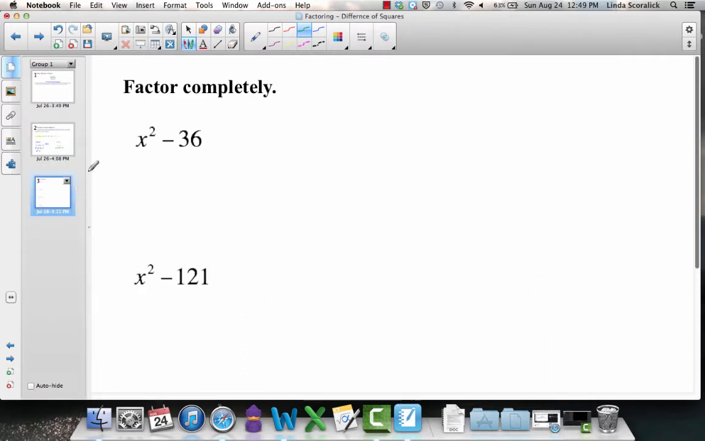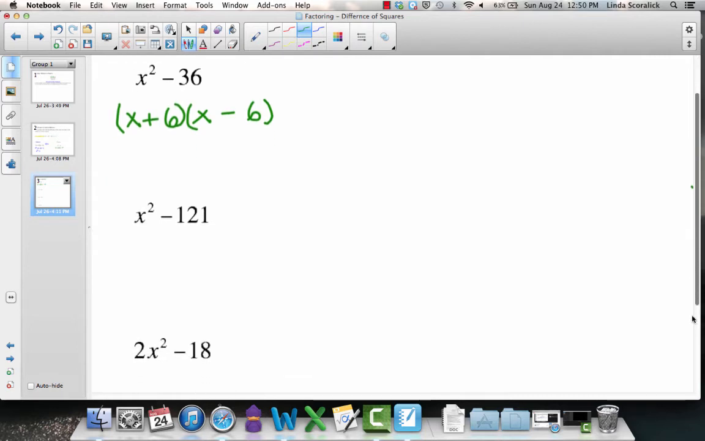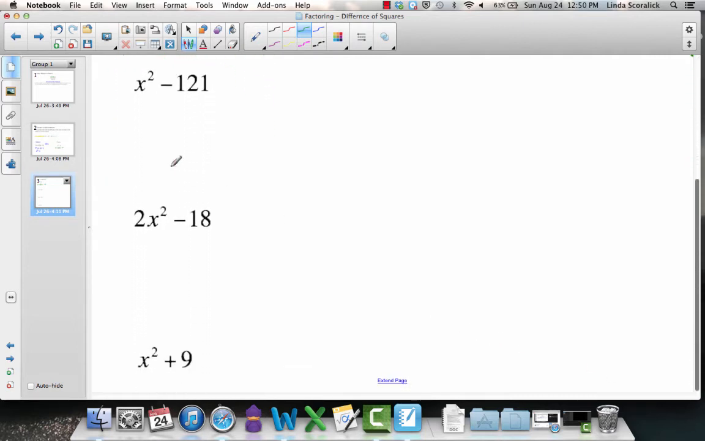Let's look at a few more examples. Factor completely x squared minus 36. Are x squared and 36 both perfect squares? They are. Means that we're going to have our two sets of parentheses. Square root of x squared is x. Square root of 36 is 6. One set's positive, one set's negative. Doesn't matter which set of parentheses each sign goes in as long as you have one that's positive and one that's negative. Moving along,